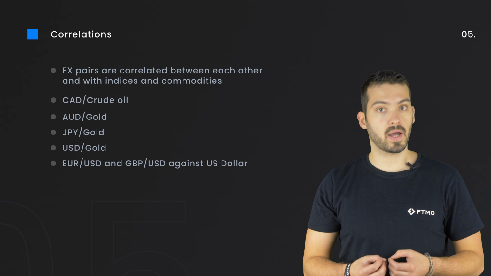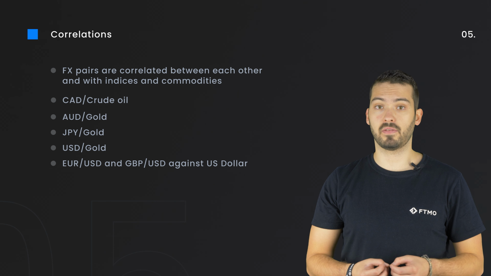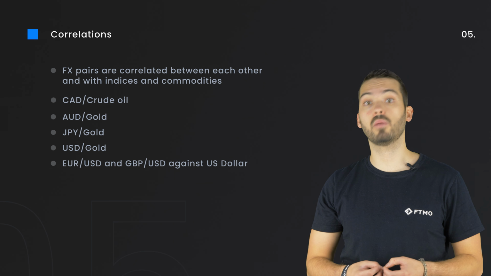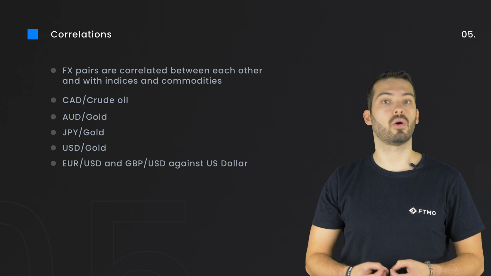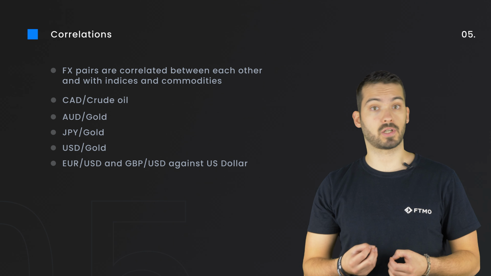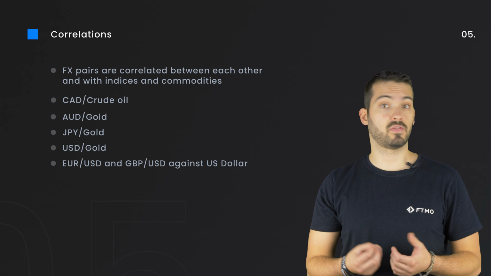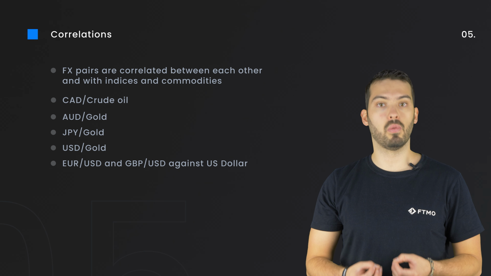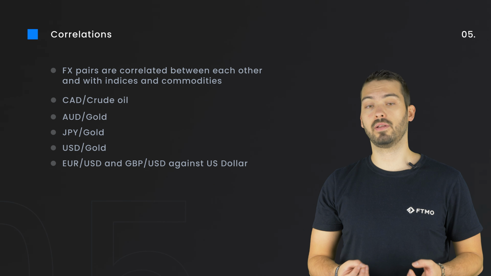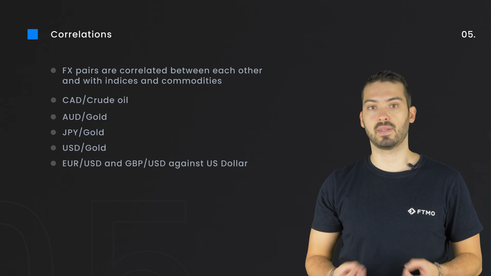You also should be mindful when trading majors themselves. If you are going long on euro dollar and going long on pound dollar as well, you are expressing the opinion that the dollar should weaken and those currencies strengthen. But if the dollar gains strength, both the euro and pound will most likely go down. This can result in bigger losses than expected.